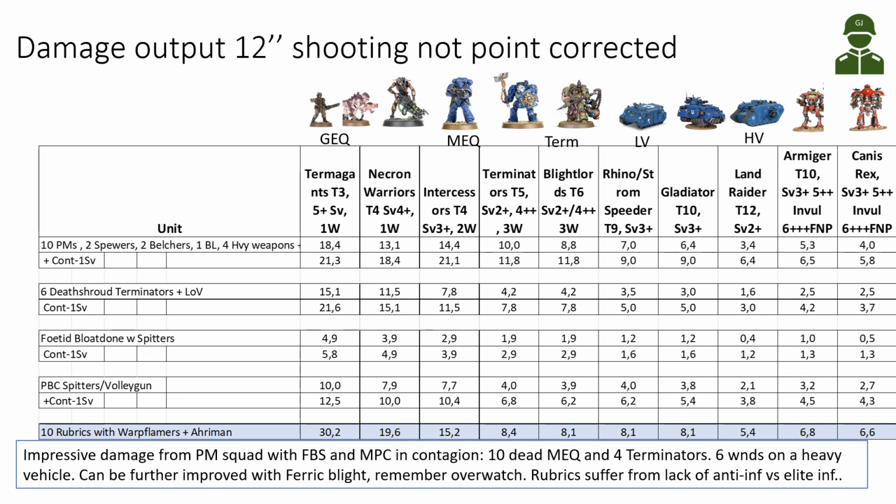And then the Rubrics with the Warp Flamers plus Ahriman, they are really lethal against the Termagants and Necron Warriors and things like that, but they can't beat the Plague Marines actually versus intercessors, terminators, and elite and vehicles. They are not as strong there, they don't have the anti-infantry on the Warp Flamers, so even with +1